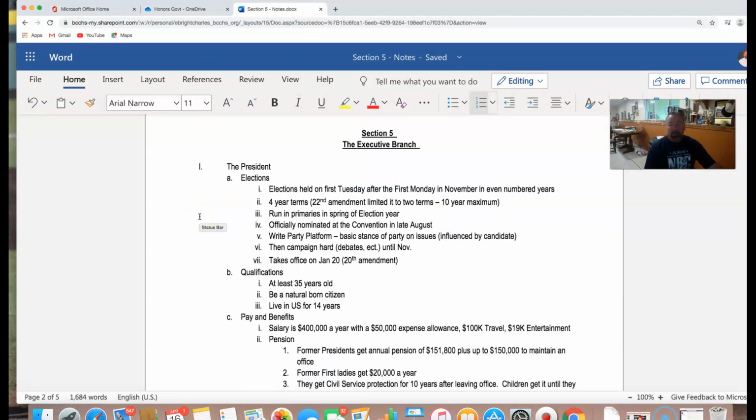All right, so when are the presidential elections? We know this, the first Tuesday after the first Monday in November on even-numbered years every 4 years. Okay, presidential terms are 4 years long. That's in the Constitution. Originally, there was no limit until, of course, the 22nd Amendment. I have maximum 10 years,